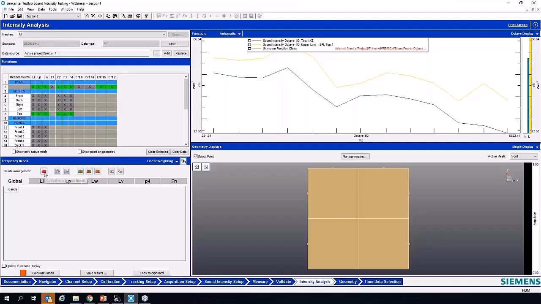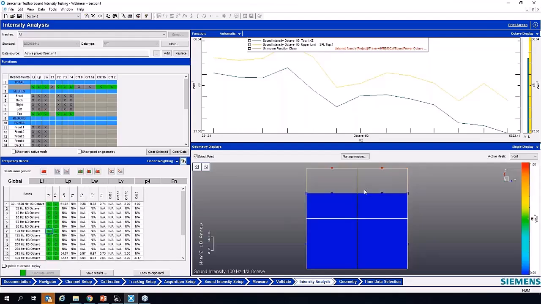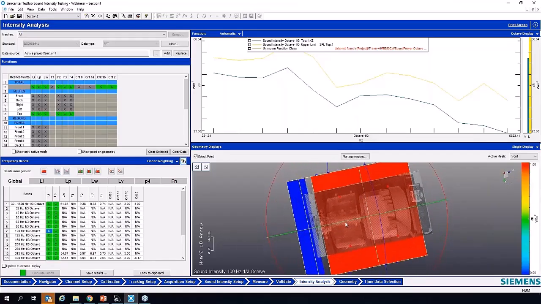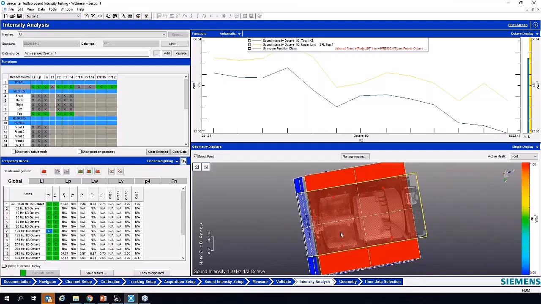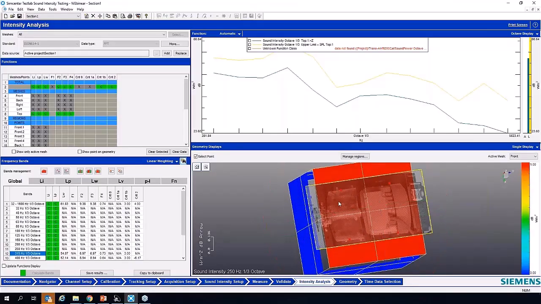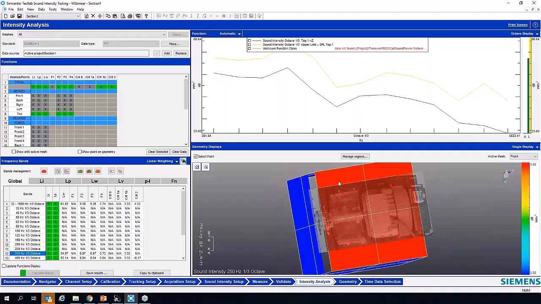Once we do that, now we can go to this calculations, and we can say calculate bands, and I can look at my result. And this is the sound power measured for the 4 points. Now they look identical almost at the different frequencies because we just did some dummy measurements, but you can see that picture here. That's the sound power or the sound intensity? This is the sound intensity. Okay, just wanted to make sure. Yeah, you're correct, absolutely right.